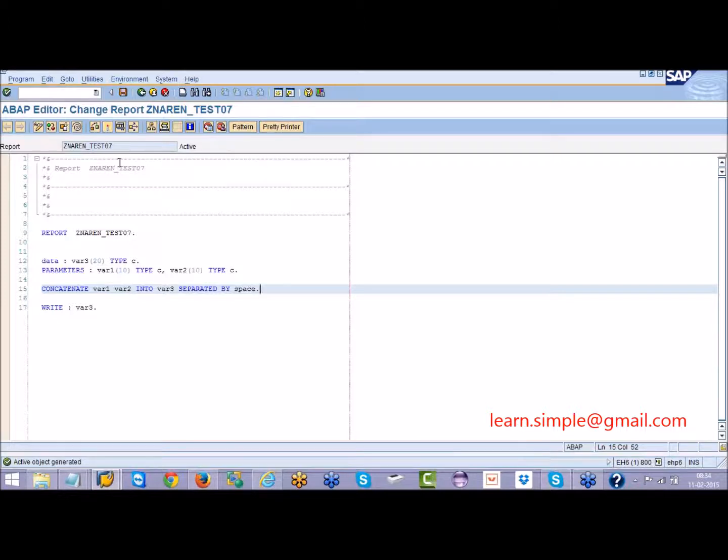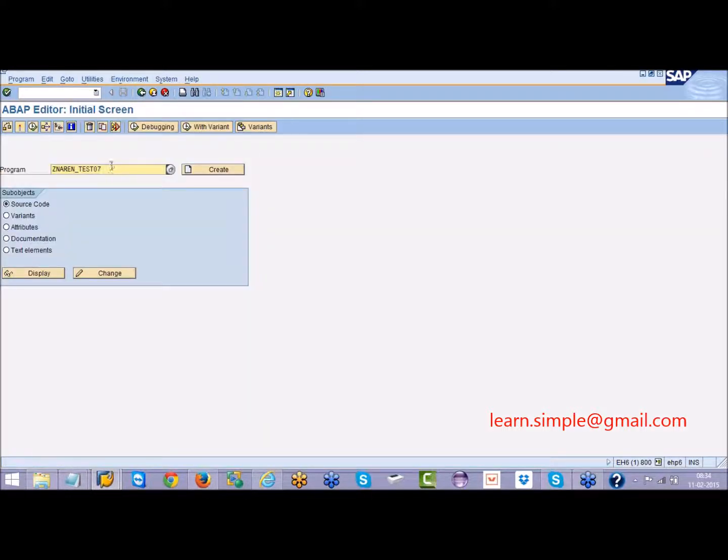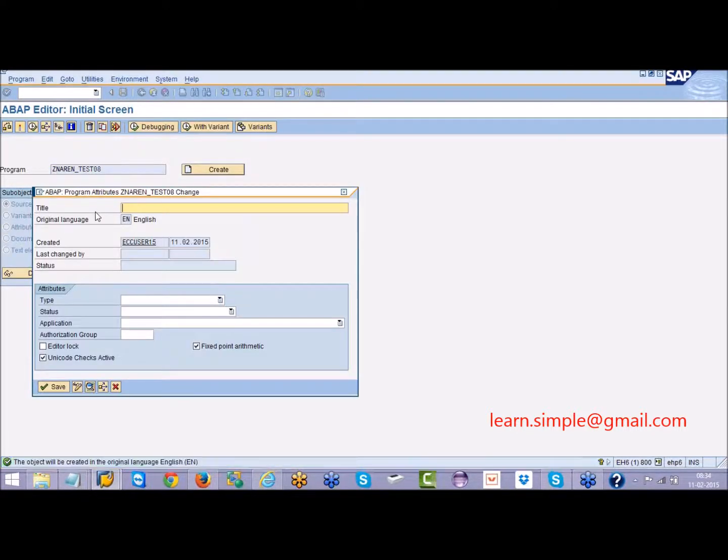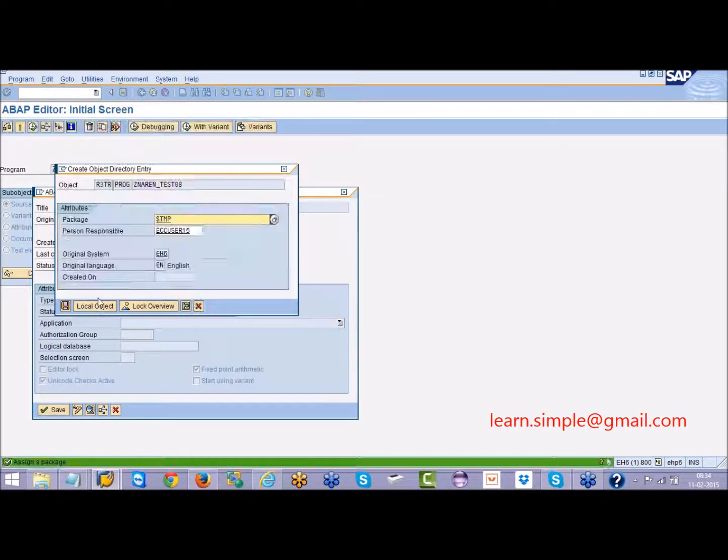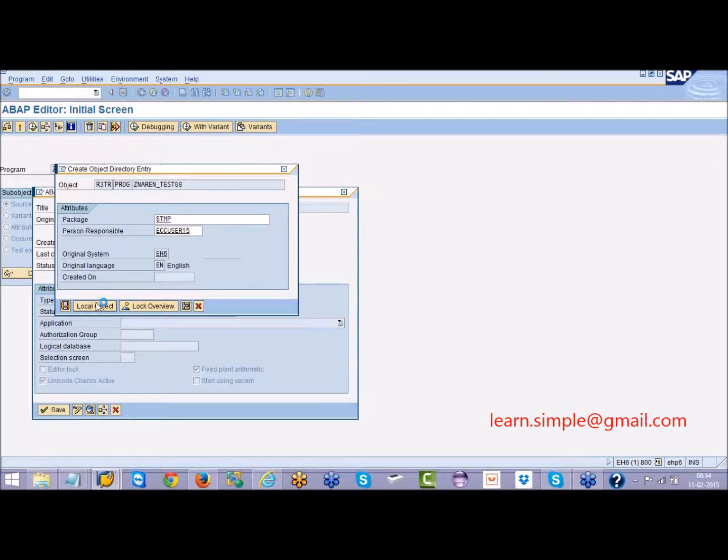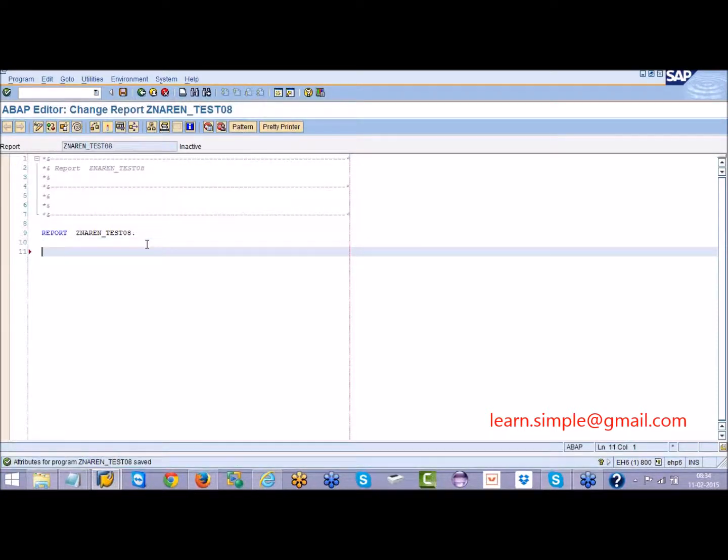Next keyword which we are going to learn is split. Now we learned how to put together. Now we will learn how to split it. Assume I have a variable in the input.